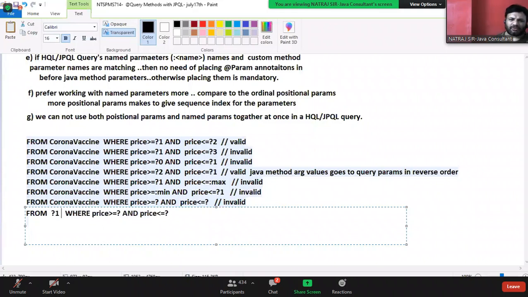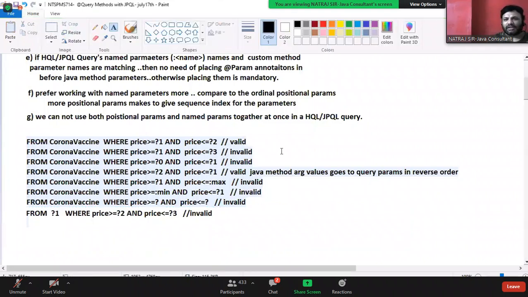Here I am giving these numbers. Valid or invalid? Invalid. Why invalid, guys? A question mark just represents input values. You cannot take question mark parameters representing